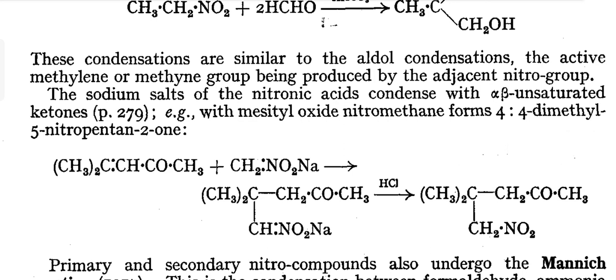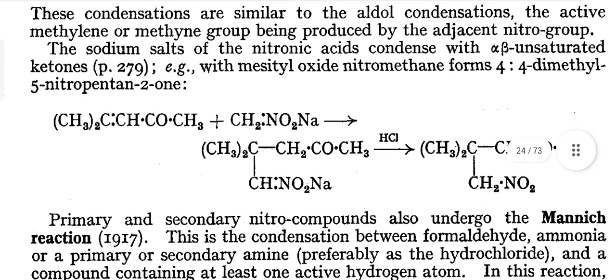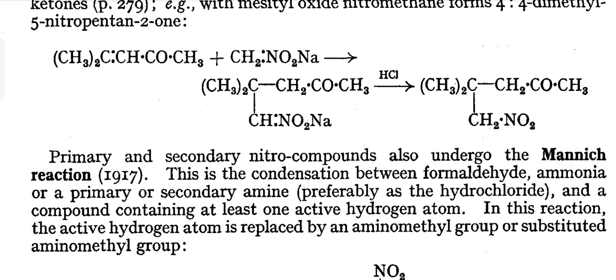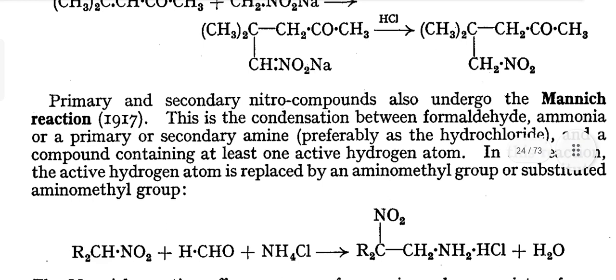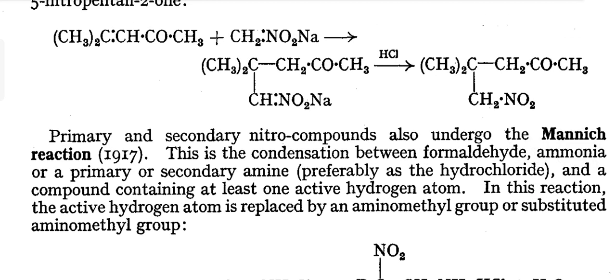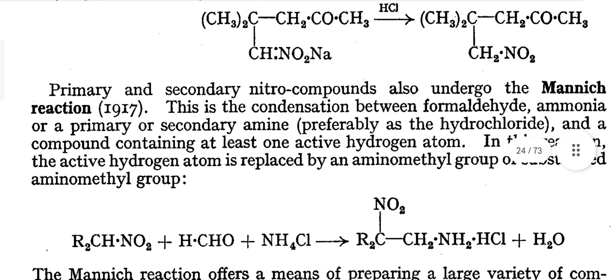The condensations are similar to the aldol condensation, the active methylene group being produced by the adjacent nitro group. The sodium salt of nitronic acids condense with alpha beta unsaturated ketones. Example, with mesityl oxide nitromethane forms 4,4-dimethyl-5-nitropentan-2-one. So here we can see in this reaction, primary and secondary nitro compounds also undergo the Mannich reaction. This is due to the condensation between formaldehyde, ammonia or a primary or a secondary amine, preferably as a hydrochloride,